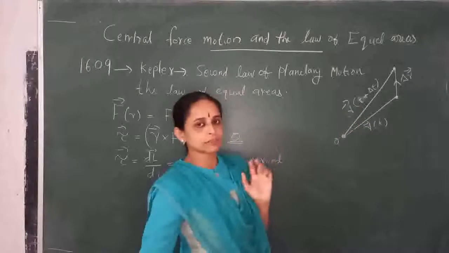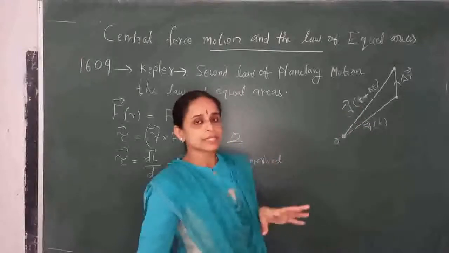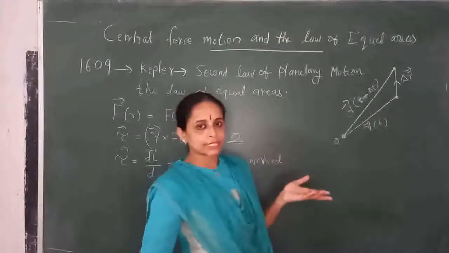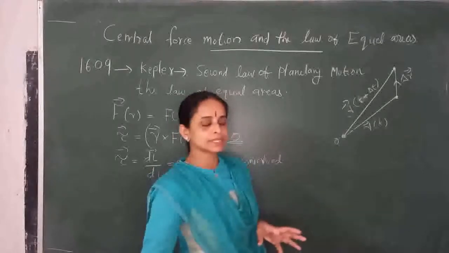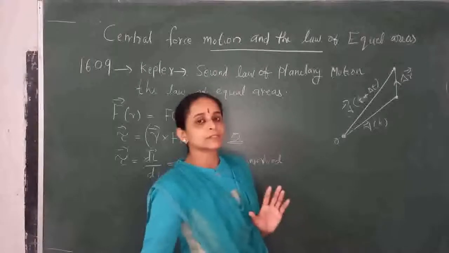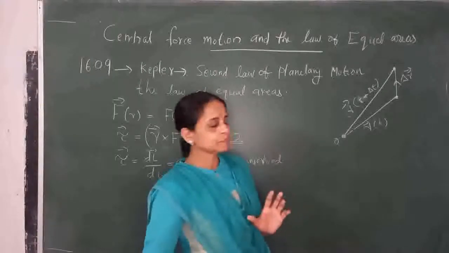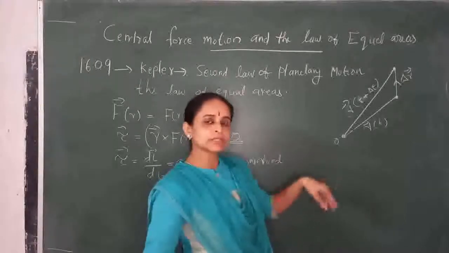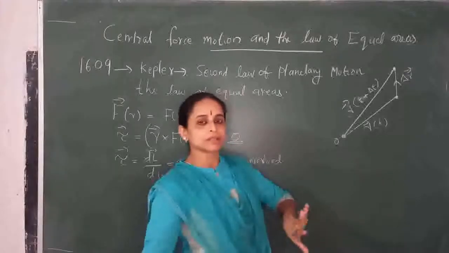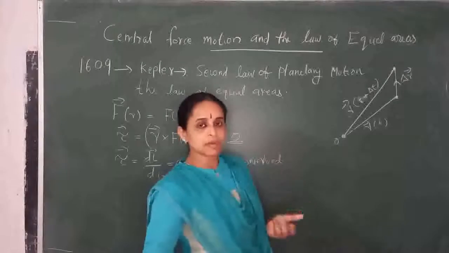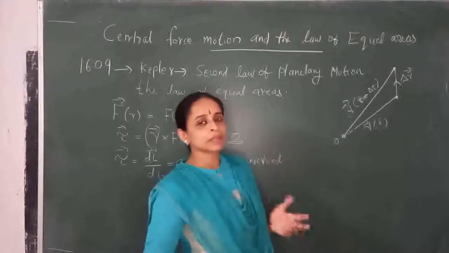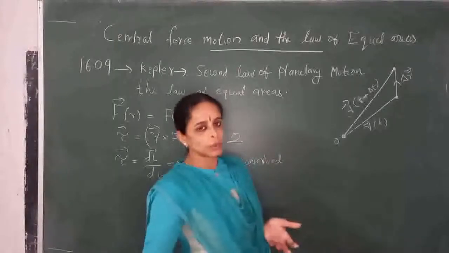There are mainly three types of coordinate system. One is our XY Cartesian coordinate system, that is XY. The other is the cylindrical coordinate system, and the third one is the spherical polar coordinate system. So if we are dealing with circular motion, the motion in a sphere, spherical motion or circular motion, it is better to go for the polar coordinates.